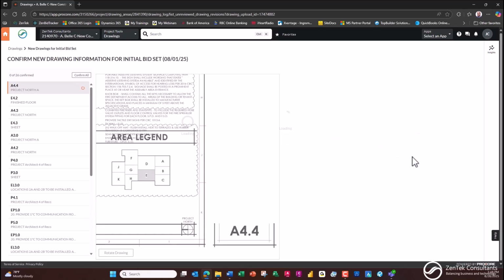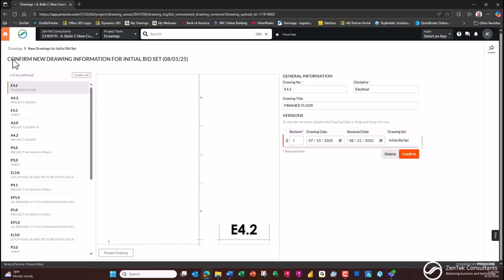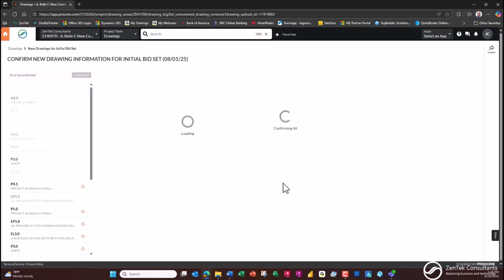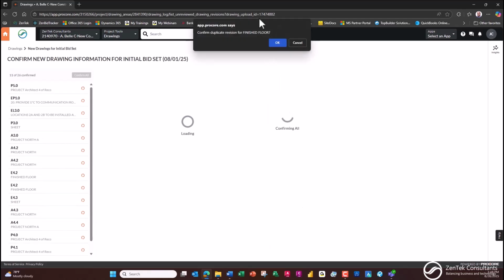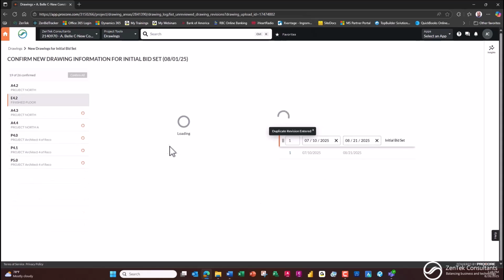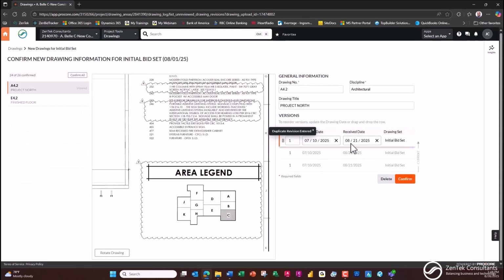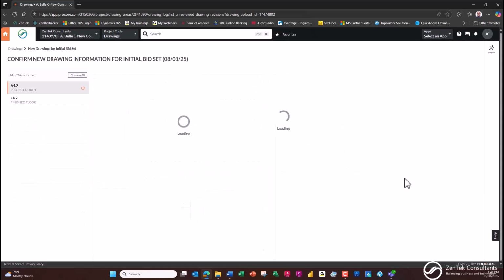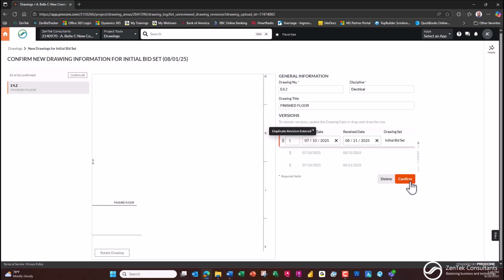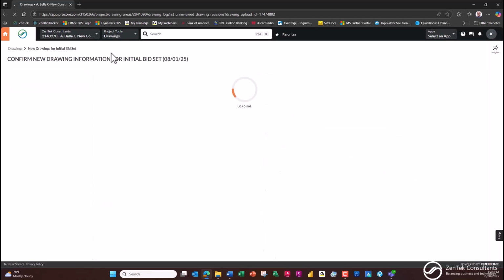And I can just go ahead and confirm all of that, or I can go in one at a time and confirm each one. And I can pan and zoom and see what's in each file. Or I can just go ahead and say confirm all. I'm good, I'm ready to go. All right, yeah, it had some questions there on a couple of those that were already loaded. So, once this is all done,